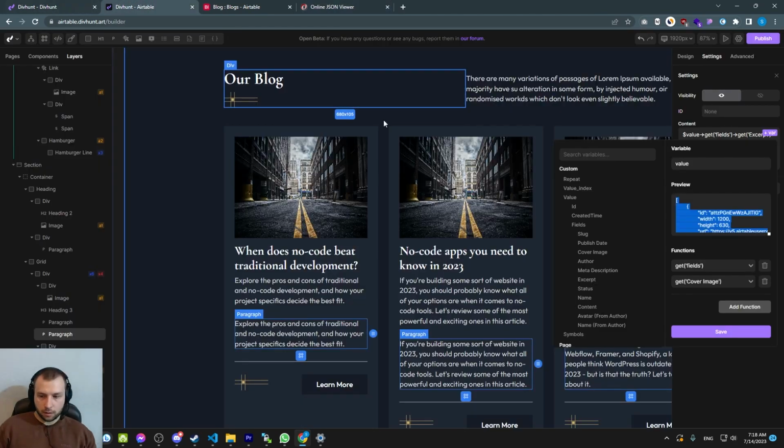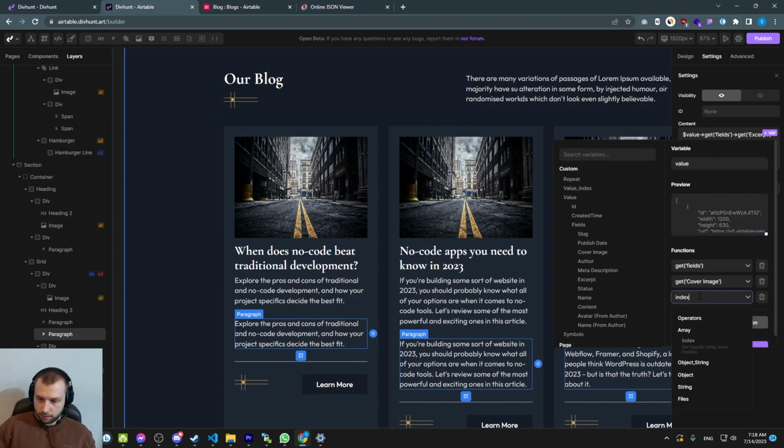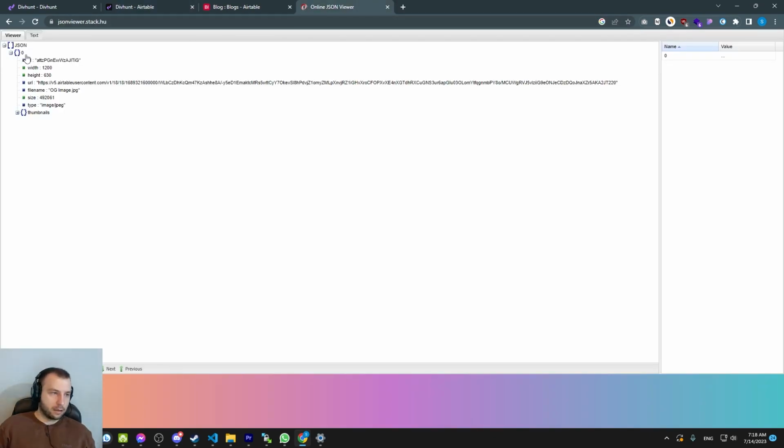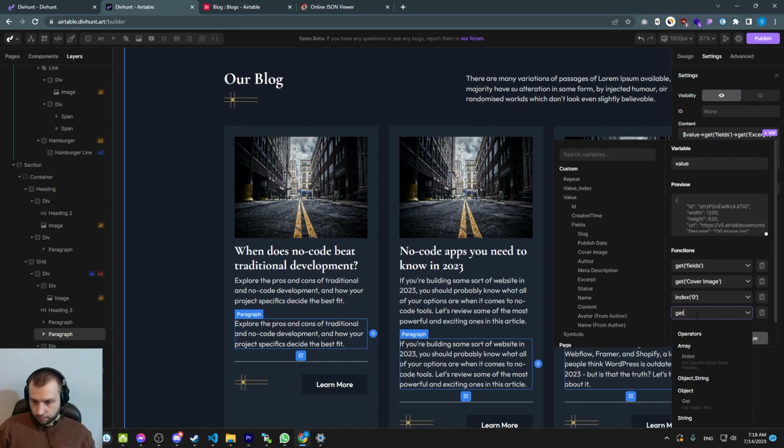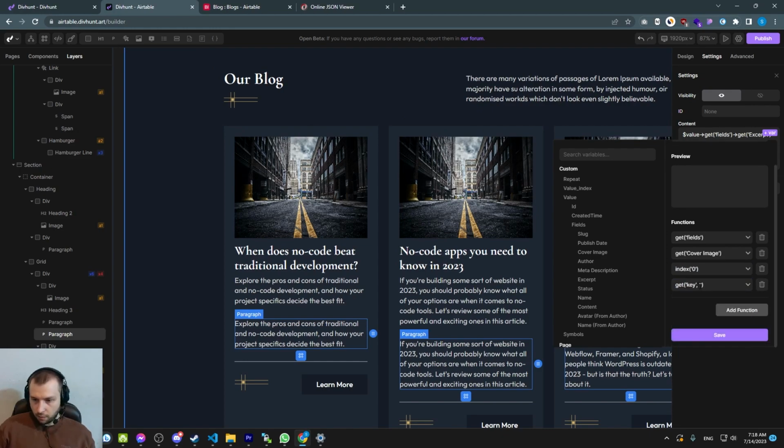So how do we do that? We call a function here called index, and we went inside here, index 0, and now we need to catch the URL. So how do we catch the URL? We call one more function, get, and we set the key to url. Okay, so if I save now,